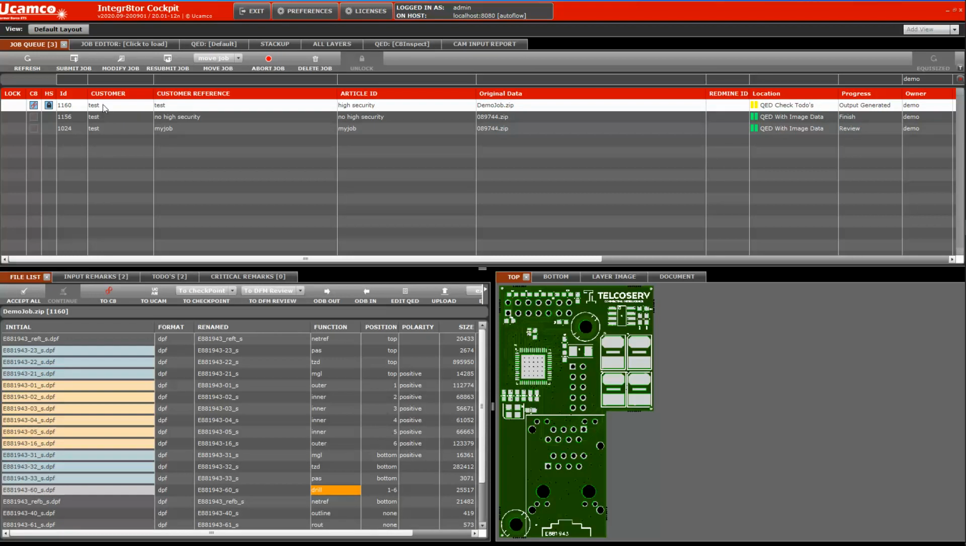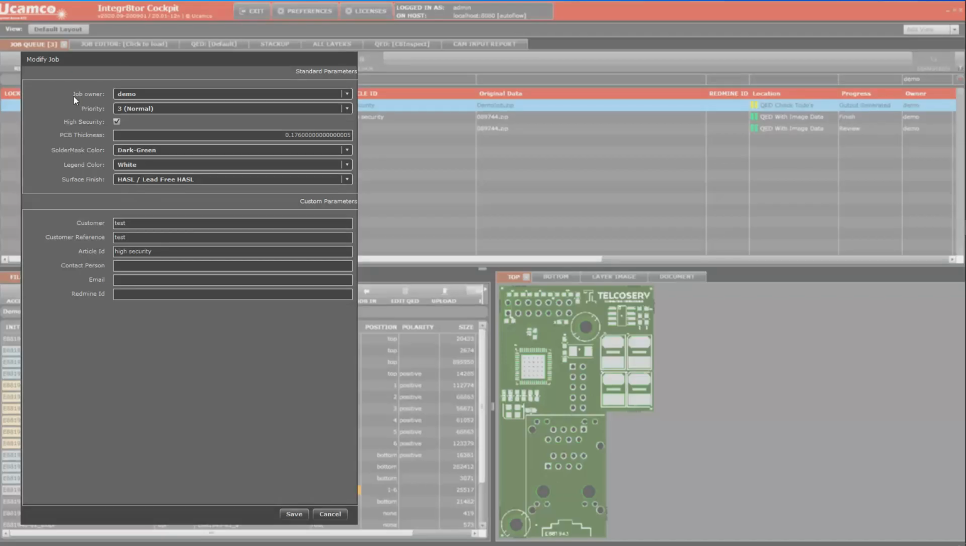It's not grayed out, so as an admin I have access, and if I go to modify job, that's the reason why it has been added here. In modify job as an administrator, I can now assign it to somebody else, yeah? So if user demo were absent for the next 3 days and we need to make sure that somebody else can continue on this data or work on this data, I, as an administrator, could either take care of it